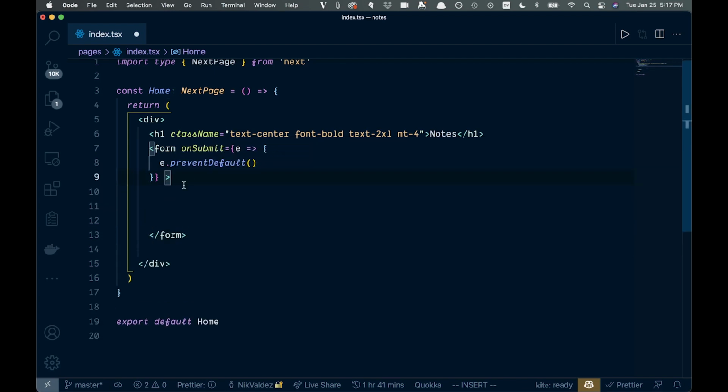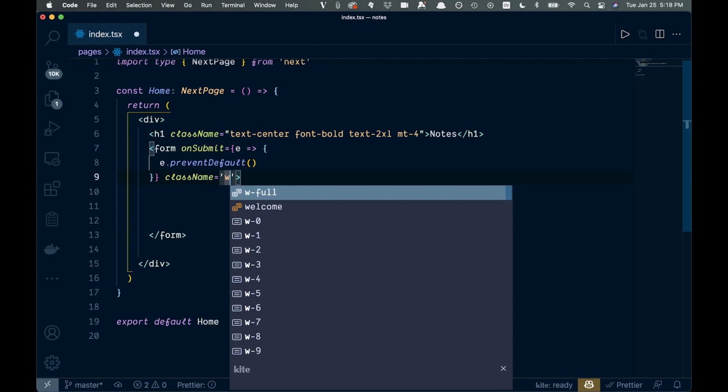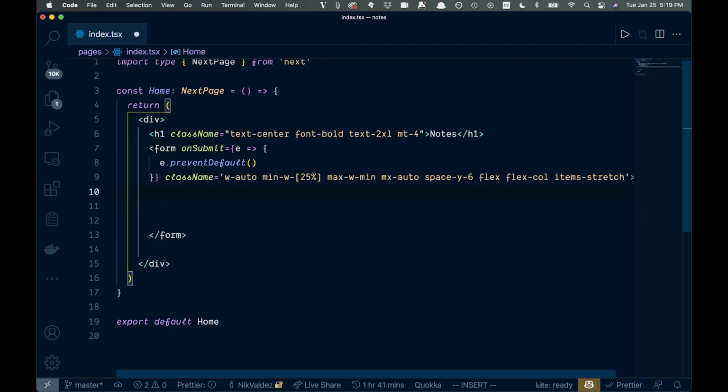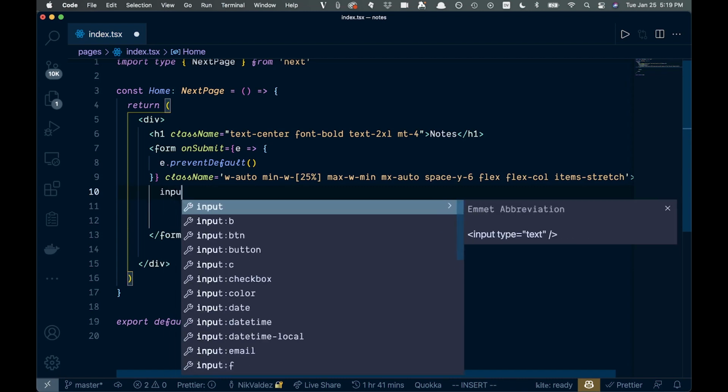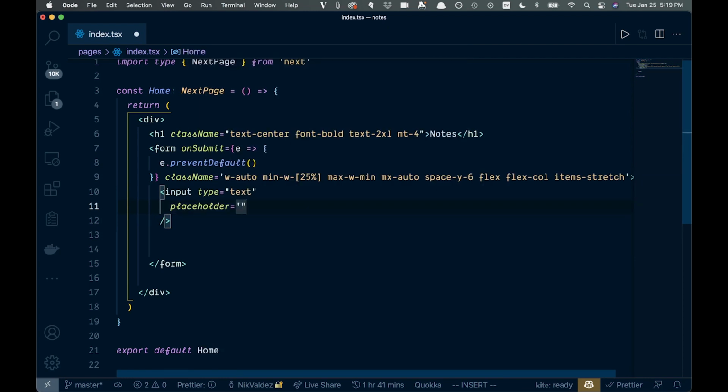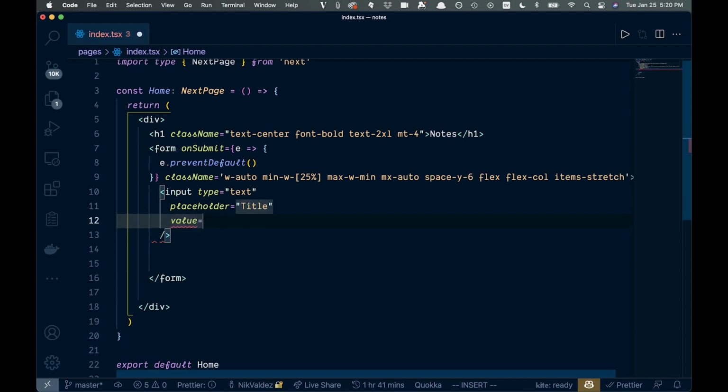And then in here, we're going to add a class name also, and we'll just go and add a bunch of Tailwind stuff too. All right, so we got a lot of markup there for our Tailwind. That'll make our form look a little bit better. All right, so let's add an input here. And this is going to be of type text. And then we're going to come down below here, and inside of here, we're going to say placeholder, and we'll just have title here. And then we'll have a value here, and that's going to be equal to